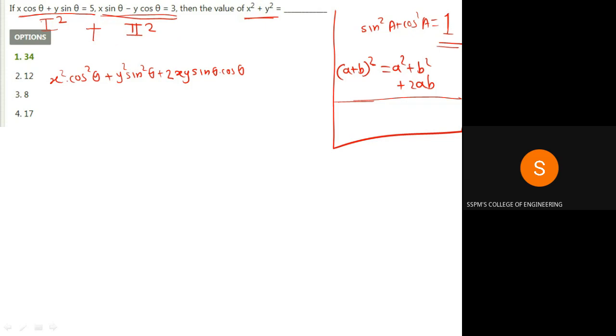Now what have we decided? We have decided to square these expressions and then add them together. So now we will square these expressions and then add. What is the square of the second expression? Square of x sin theta is x square sin square theta plus y square cos square theta